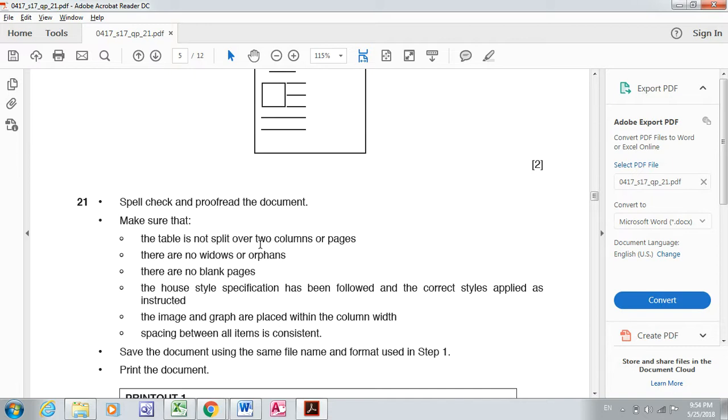The next one, spell check and proofread the document. The table is not split over two columns or pages. There are no widows or orphans, there are no blank pages. The house style specification has been followed and the correct styles applied as instructed. The image and the graph are placed within the column with spacing between all the items consistent, and save the document using the same file name and format used in step 1. Print the document. So first thing we'll see